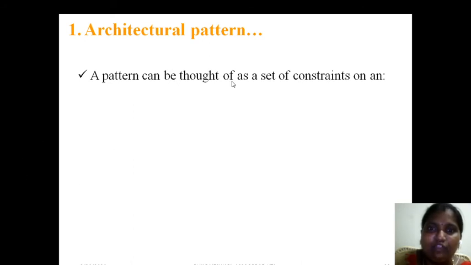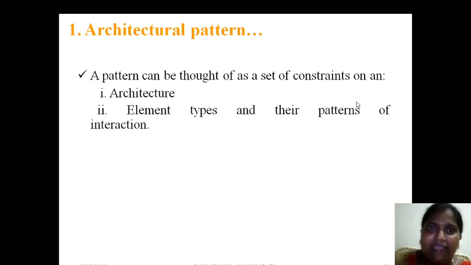The pattern can be thought of as a set of constraints on an architecture. We have to set some constraints on a pattern element. Each element should possess its own place in this architecture, without priority being given to an element where you can prefer it. For example, I'm going to use a camera. If I put the camera very near to my face, is it visible to me? No. So I have to place the camera somewhere else. There I have to identify the solution.